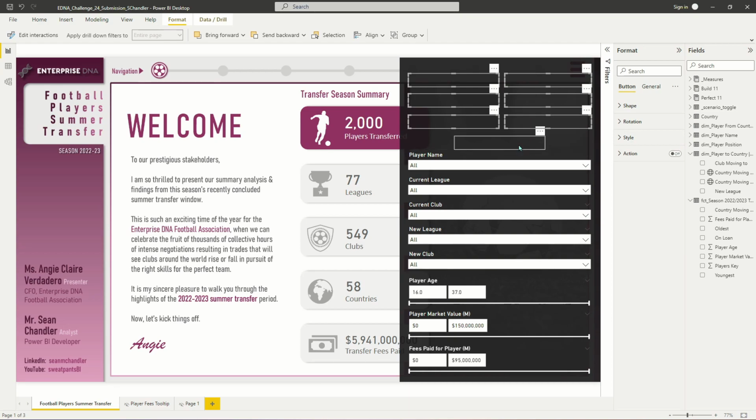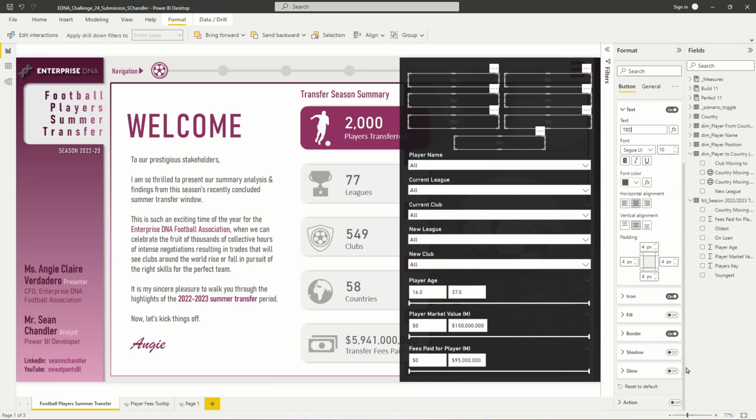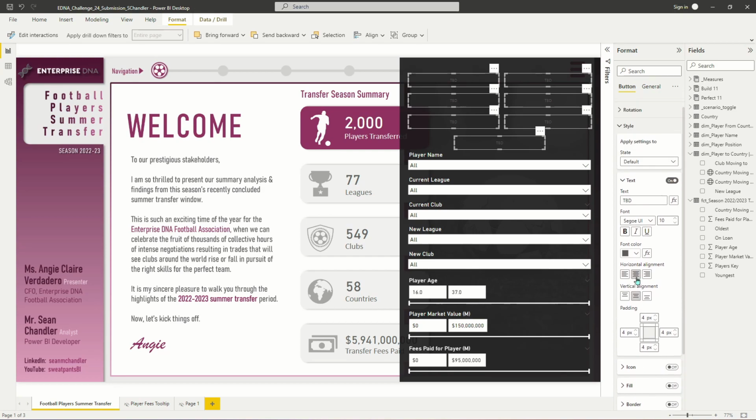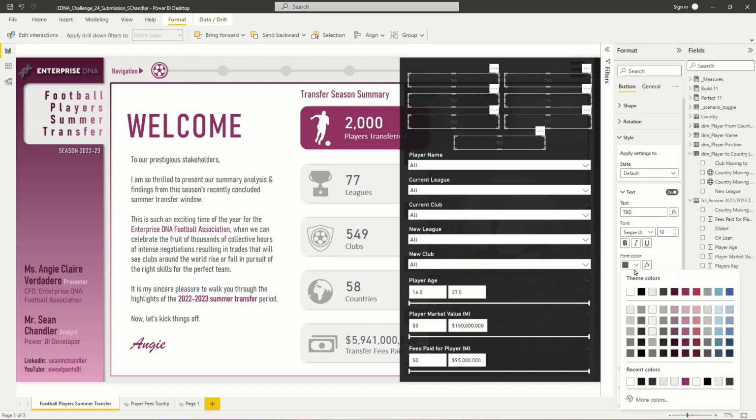Now I'm going to go ahead and worry about my formatting settings. So I'm going to go ahead and turn on my text options. I'm just going to enter TBD for now so that I can focus on my formatting. I'm going to go to my border settings and my icon settings and turn those off. And I'm going to start just with my